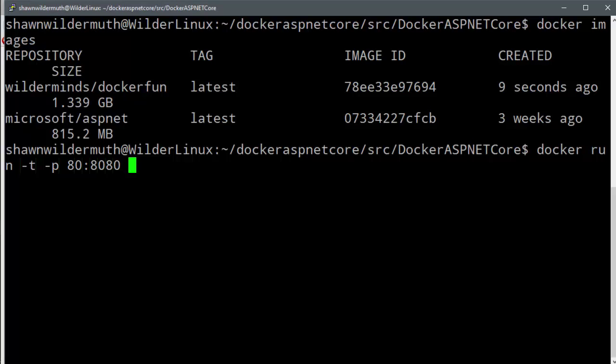One thing that's interesting about this is you do have to expose port 80 through Azure or AWS or whatever your cloud provider is, because it may block that port by default, because it might not know that you want to expose web traffic through it. So that's a configuration of the VM itself. It's not a Docker thing. And then the image will be Wilderminds Docker fun. And as it fires up that container,